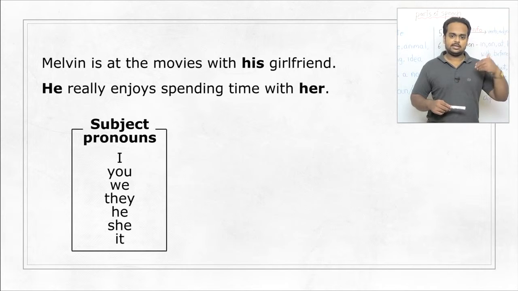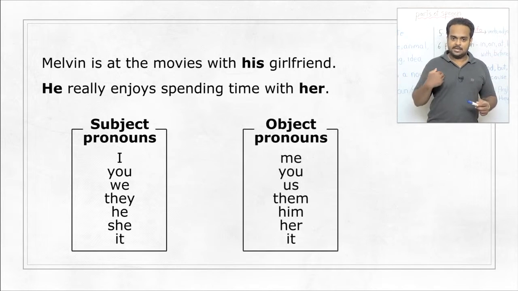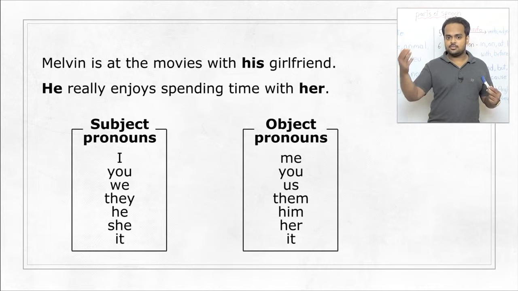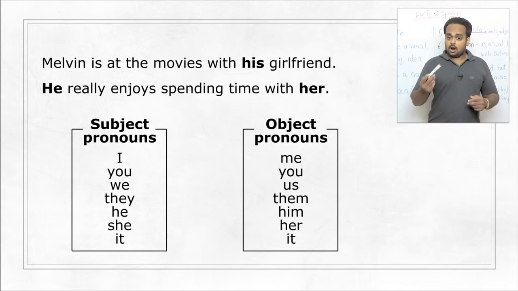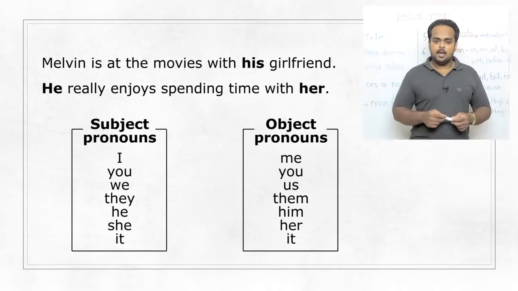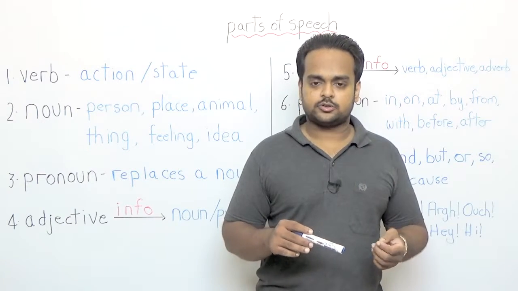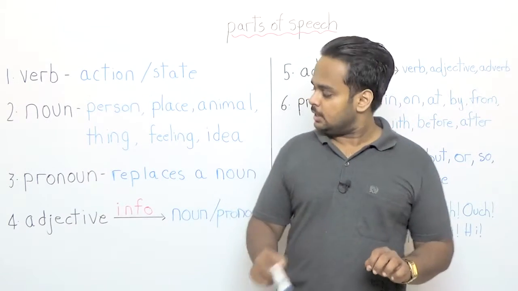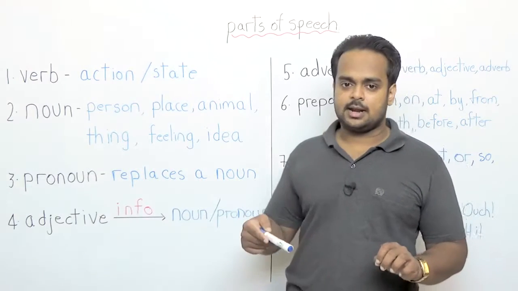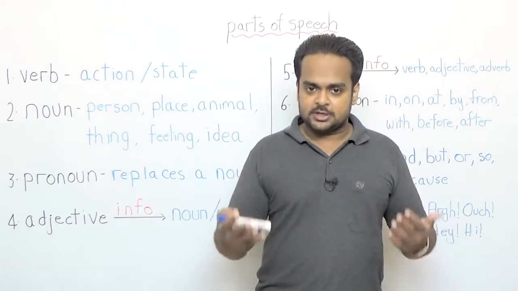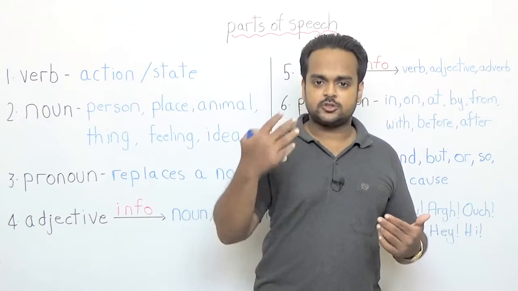And to replace a noun in the object position, can you guess what we use? We use object pronouns. Those are me, you, us, them, him, her, and it. Now, there are other pronouns in English, such as his, hers, this, that, etc. But we will talk about them in more detail when we come to the lesson on pronouns. For now, just remember that a pronoun replaces a noun to avoid repetition and to make our speech sound more